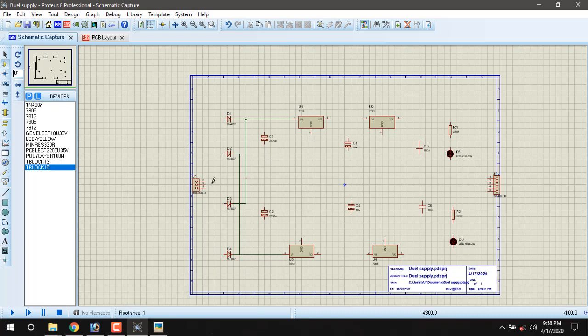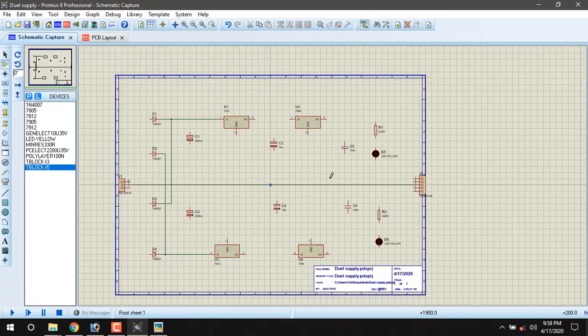So the middle line is ground, directly connected to the final output. I am arranging the components.